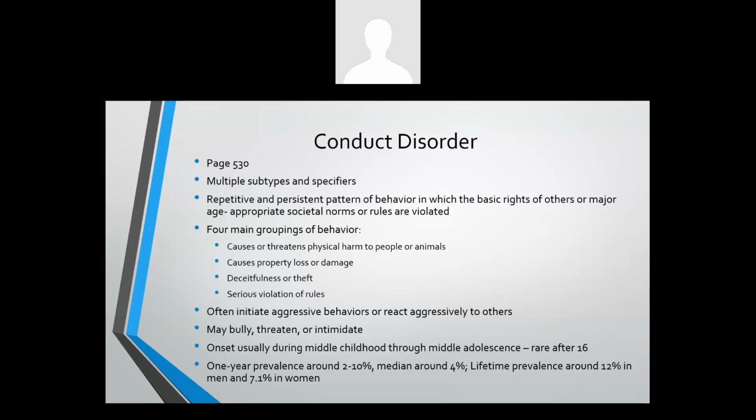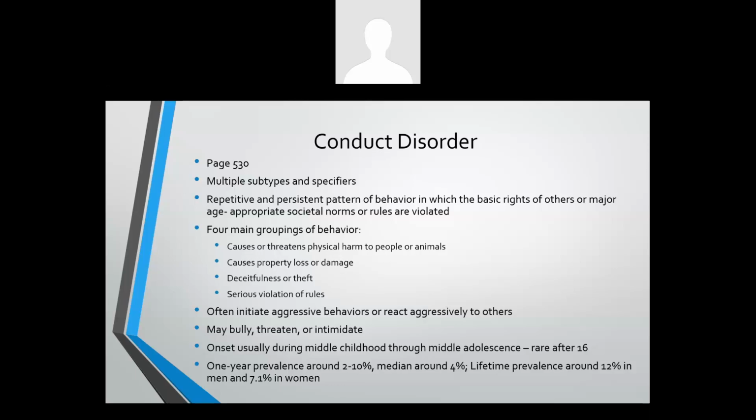A couple of things that you might use as specifiers could be childhood onset or adolescent onset. You could have a specifier of with limited prosocial emotions. Here are a couple others: lack of remorse or guilt, and shallow or deficient affect. All of these are specifiers, in addition to mild, moderate, and severe. So for your specifiers, see if you can find the best fit. In conduct disorder, what you're going to see the most is those repetitive and persistent patterns of behavior